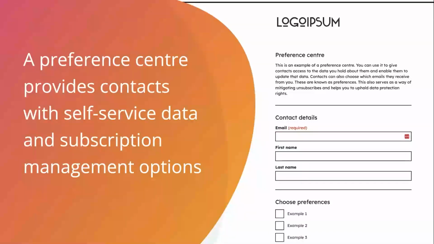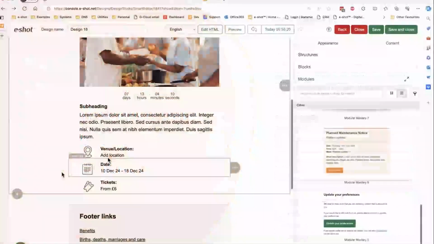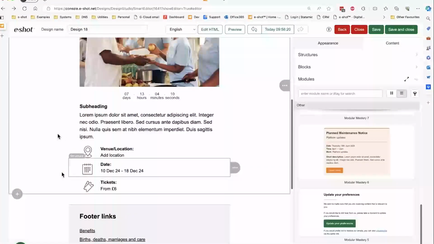But it's not like everyone wakes up in the morning and goes, I must update my preferences for that newsletter I received today. So it's one of those things we have to nag about. Okay, we have to keep on plugging away at the database over time to try and ensure they update their preferences. And that's why, for me, a really good example of a module, if we look at another example here, is